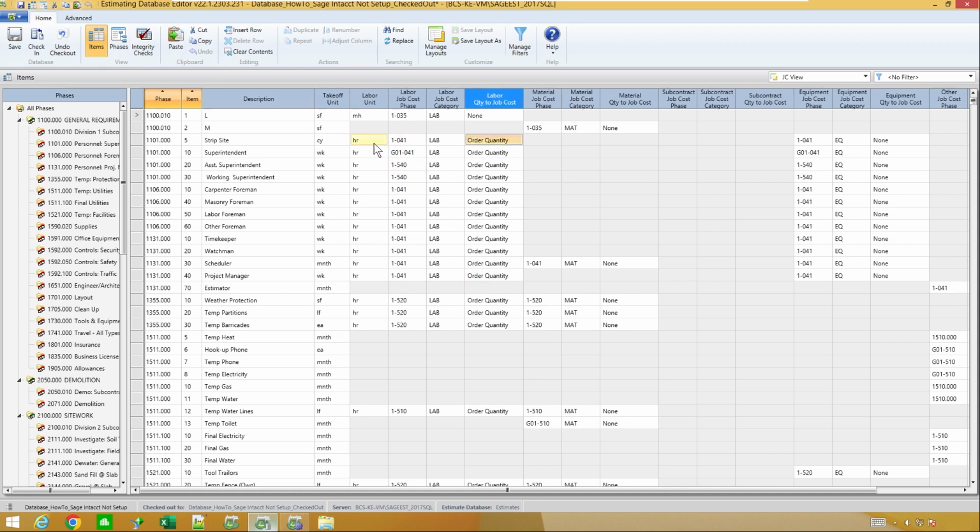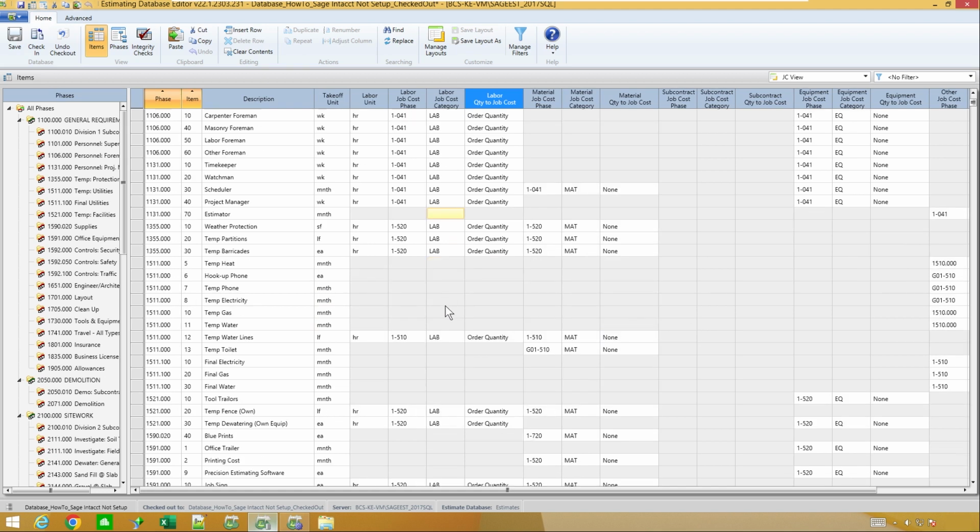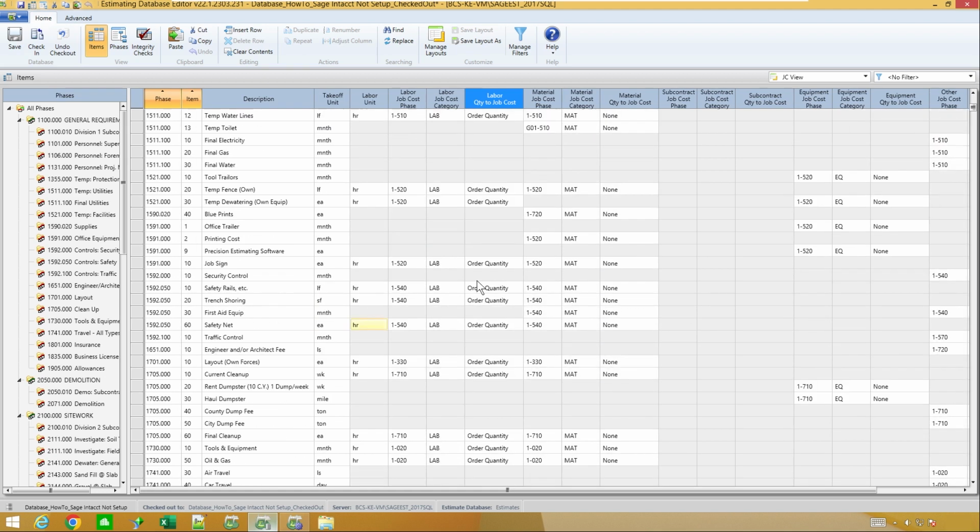Anything of mine that has to do with time, so like hour, I'm transferring over the takeoff quantity. So that's where a lot of those items had quantities of hours transferred. Versus a lot of my material, I'm saying none. So that way it doesn't try to add the square footage, lineal footage, and all these things that maybe I lump to the same code, but maybe I don't want all the quantities getting lumped together and so forth. So with Database Editor, you could just go through your whole entire database, putting things to what cost codes they need to go to in more of a spreadsheet looking fashion. Then when you get done, you can tell it to check it back in.